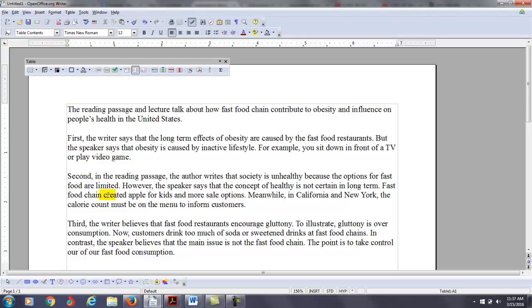So the first thing I would do is the introduction needs to show how the information in the lecture is different from the information in the reading passage. So we'll say something like this.